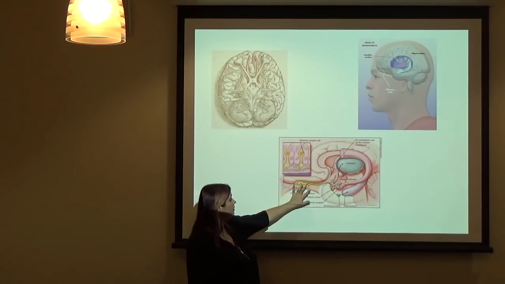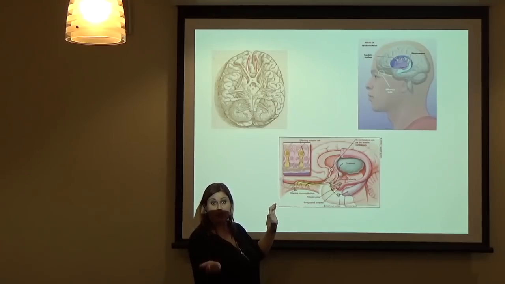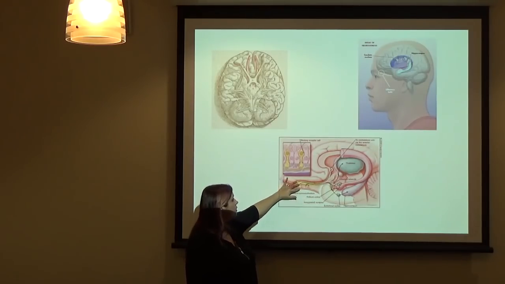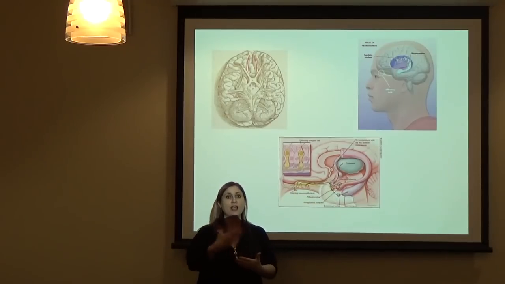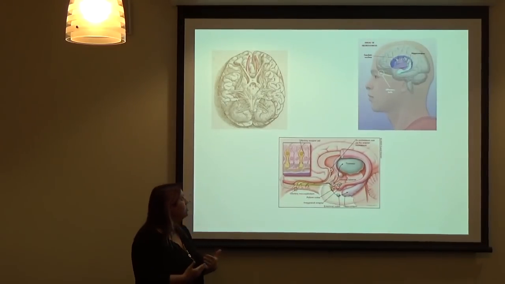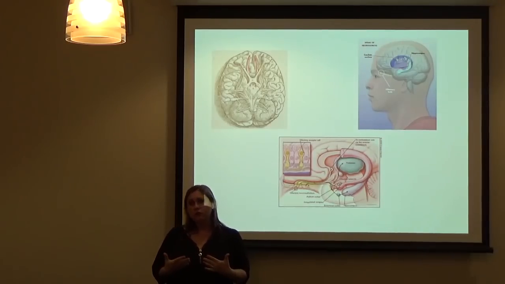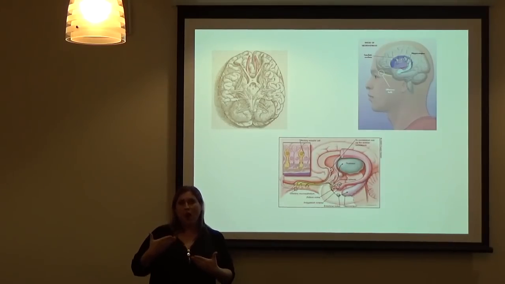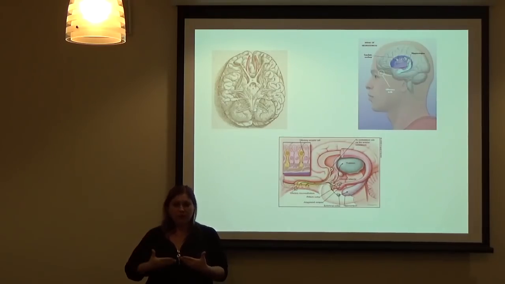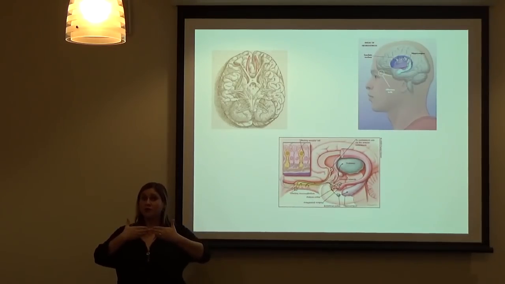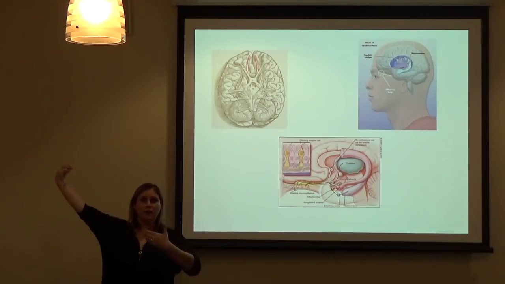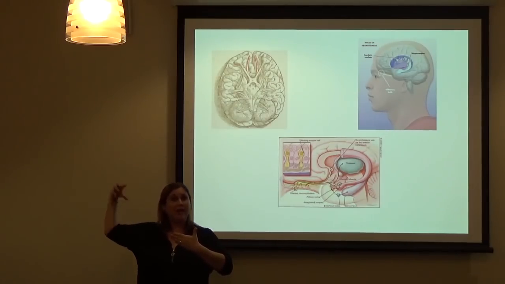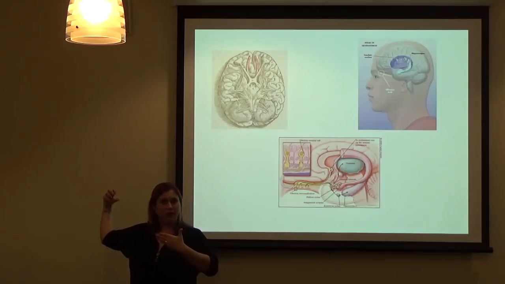After the information is translated as whatever the smell is by your olfactory bulb, the olfactory bulb sends projections directly to your limbic system. And your limbic system includes structures like your amygdala, okay? And so that's why our sense of smell can be highly tied to emotion. Because what smell it is is first processed in the olfactory bulb, but then the limbic system tells you any emotional connection you might have to that smell.